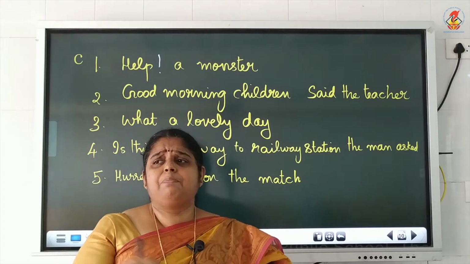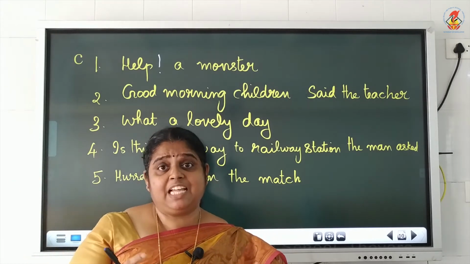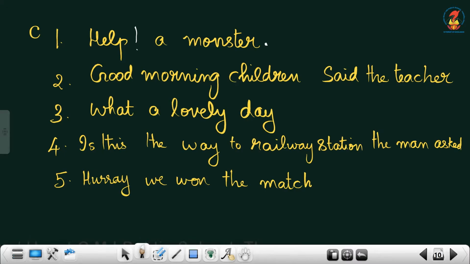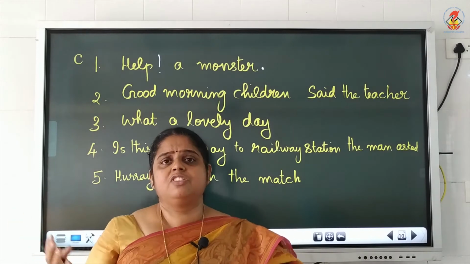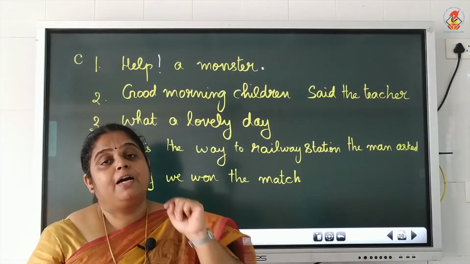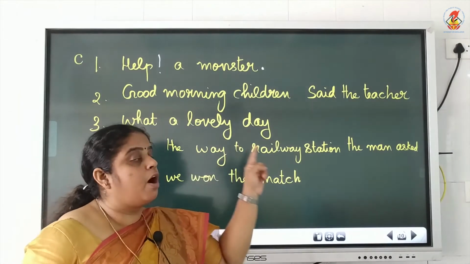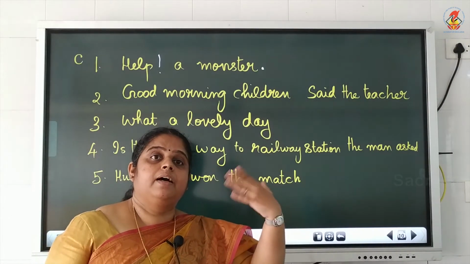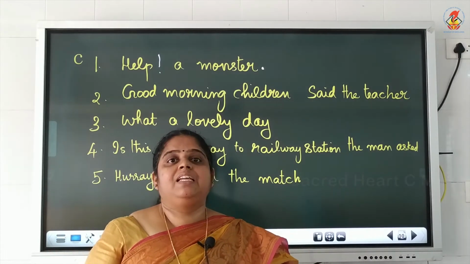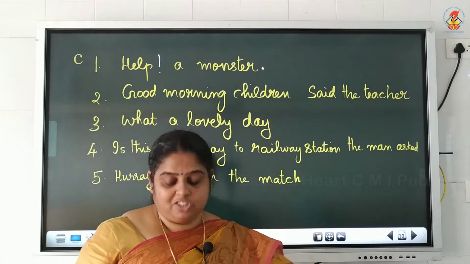Somebody please come and help me. A monster is coming to attack me. That's the meaning. Okay. And last, you have to put the full stop also. "Help, a monster." It's not to go and help a monster. Somebody help me. That's the meaning. So, this is the power of punctuation marks. If you don't put them properly, you will read the sentence in a wrong way. Otherwise, you will think that you have to go and help the monster.